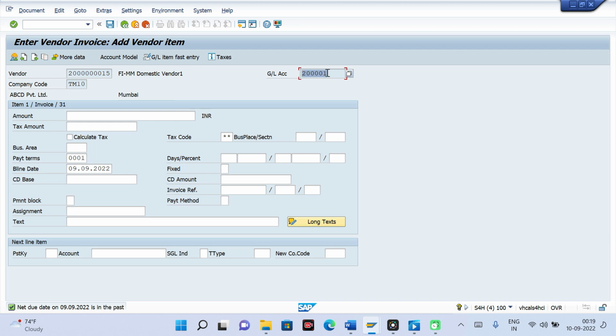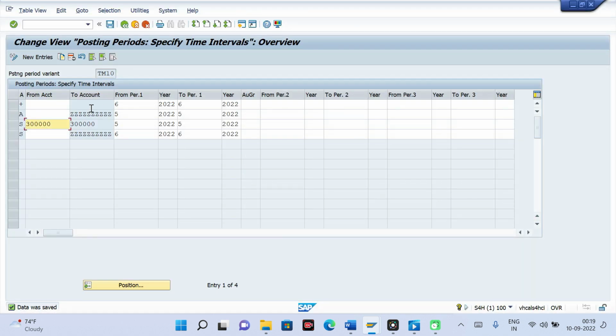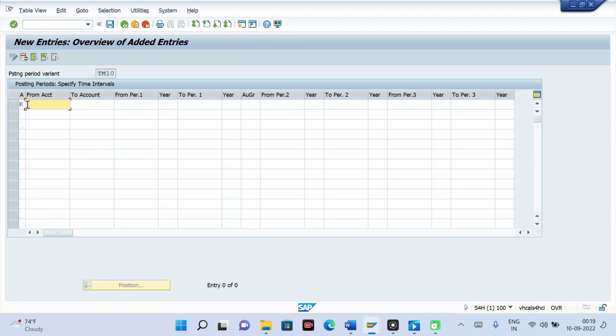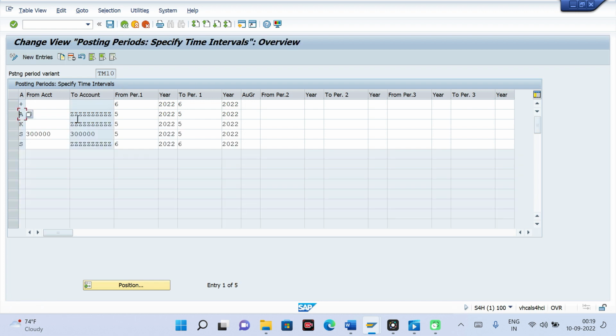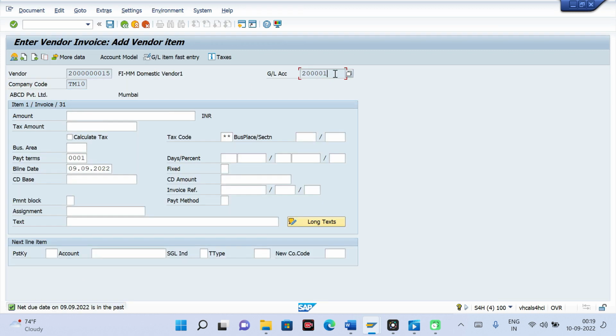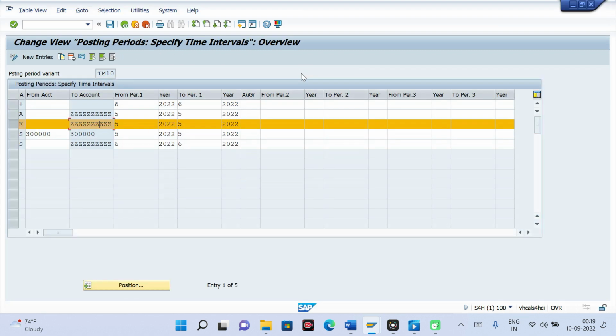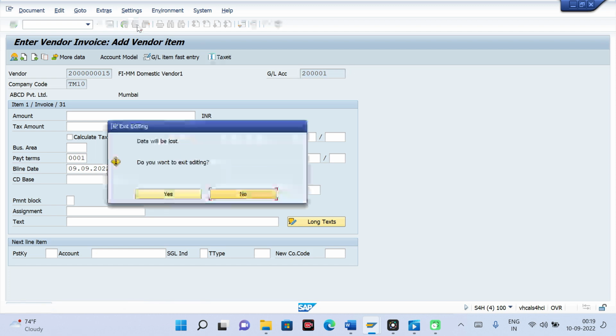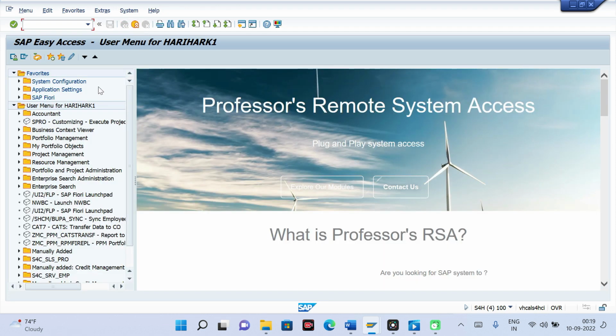So let us maintain. This is the vendor reconciliation GL. In order to bring this error, let us, in real time, maintain separately for vendor also. K, Z. Let us maintain 5th period. And I am giving a range here. I am not giving specific to this one. First we will check range wise. Now come back. Completely come back.